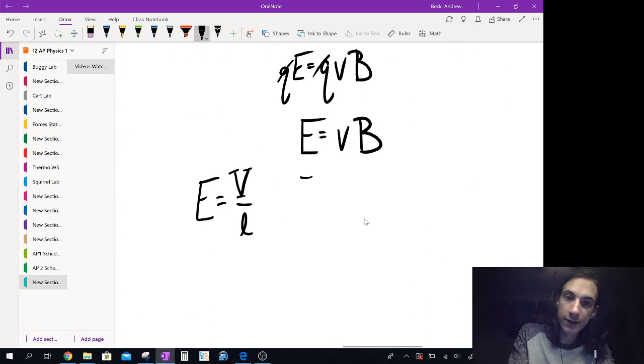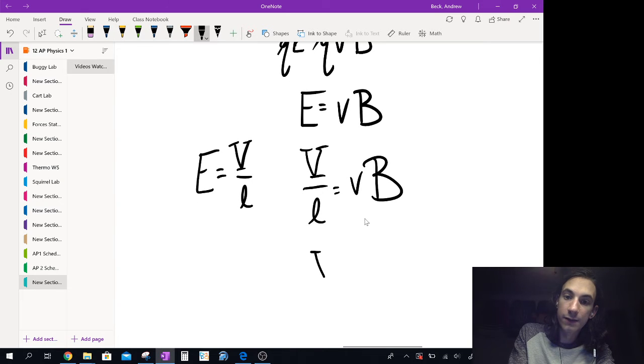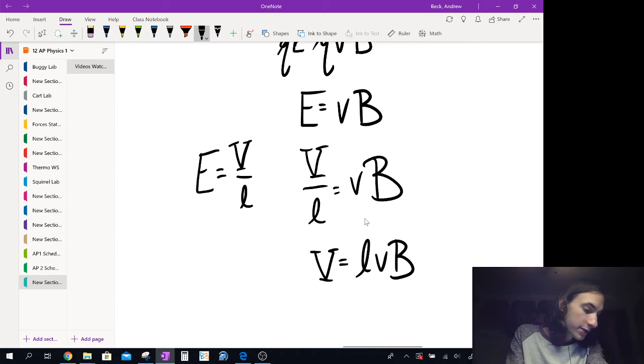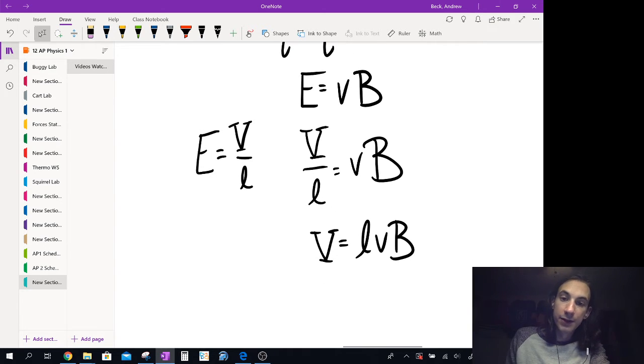So I can sub this in, this potential over L equals our velocity times B, and then I can solve this for our potential, say L V B, and I can rearrange it. No, actually that's how we want it. But so then what we're going to do, our last little step, just to avoid some confusion,